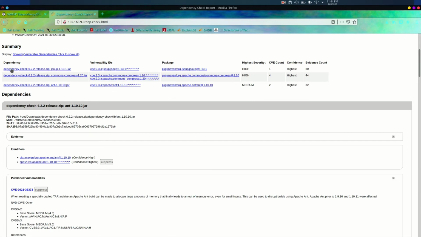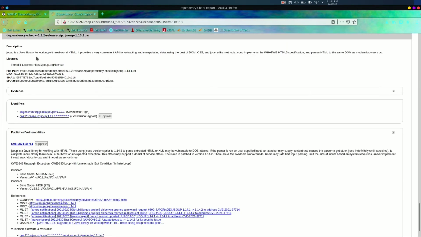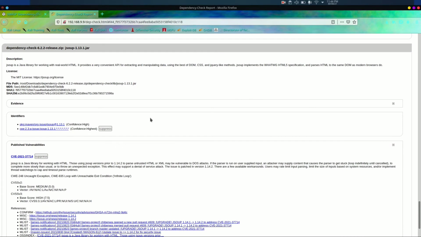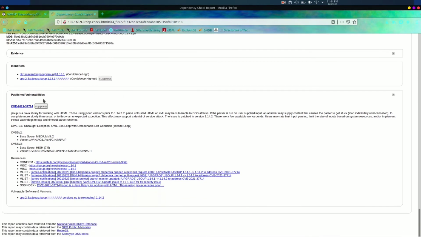And if we click on the dependency name, then it will redirect us to the description of that vulnerability: which file is affected, and the MD5, SHA-1 and SHA-256 of that file are given.